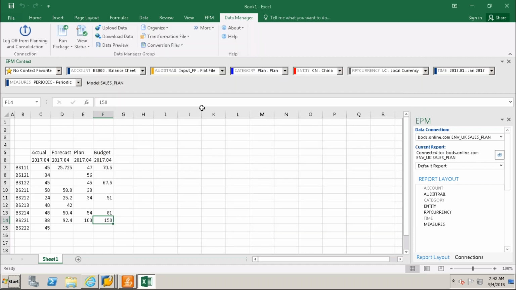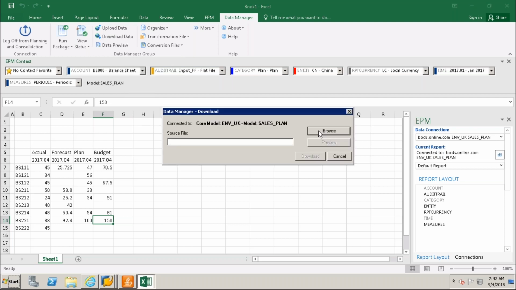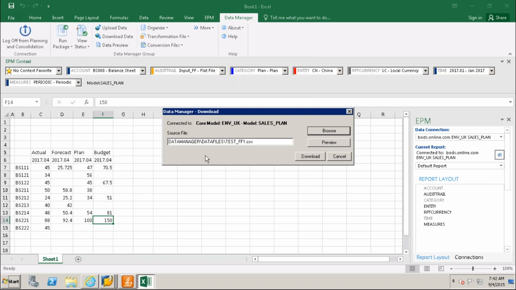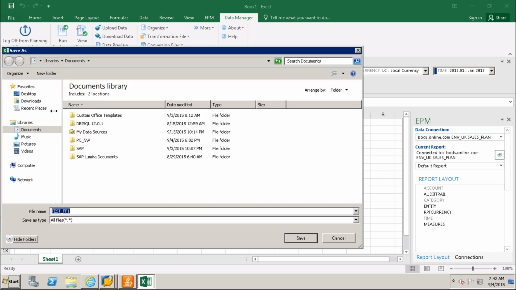So for this, download data, browse. This one I'm downloading here. Data manager, data files, where it is going to download. Save.